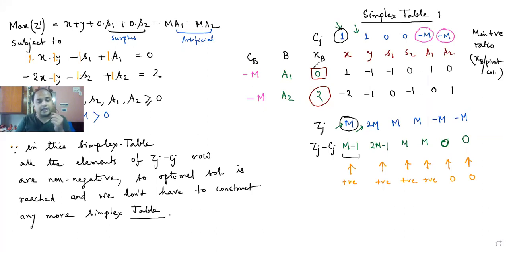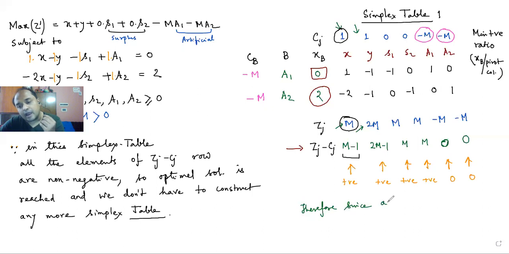But right now you will ask me that it is not happening in this case. You are not able to do any more simplex table because the indicator has already told you that you have to stop. Optimality is reached. So how can you do so? How can you make it 0? Okay, we understand that a1 is 0, but how will you be able to make it 0 for a2? The answer is we will not be able to, and therefore,